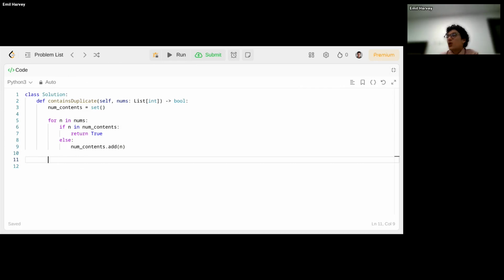So that is the function, and that function will work if there is a duplicate. However, if we get through this whole for loop, and that little, I call it a short circuit, that little return true never triggers, that means we always had a situation where there wasn't a duplicate found. So we know here that we can just return false.